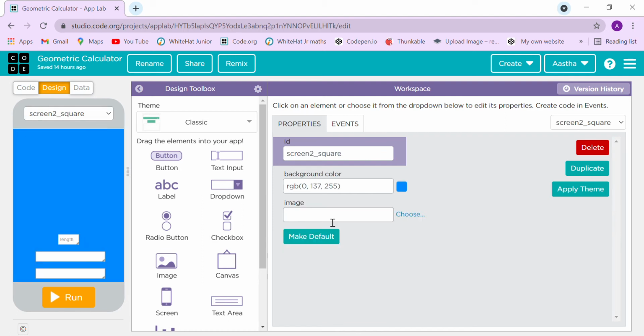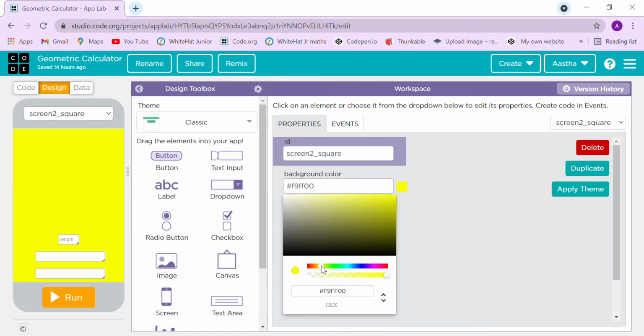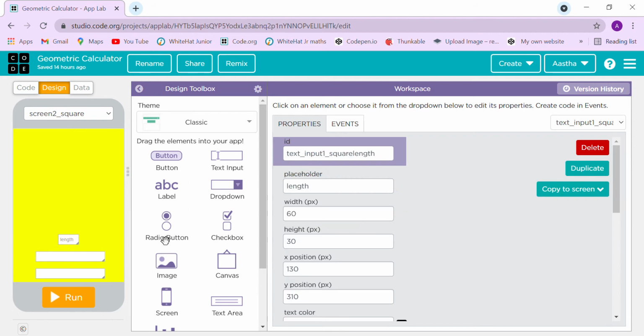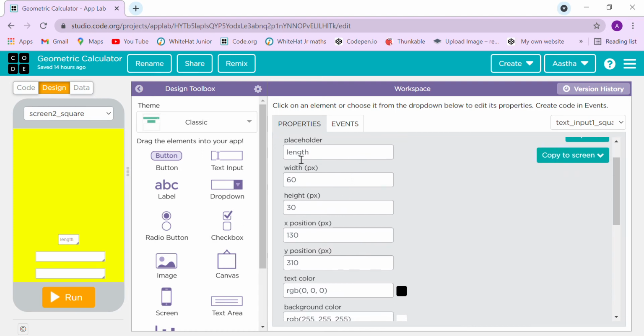Now the square screen ID is screen 2 square. Let's change the background color. I have changed the background color from blue to yellow. Now let's have a look at the text input. So we are having a text input for the length. text_input_1_square_length. Placeholder length